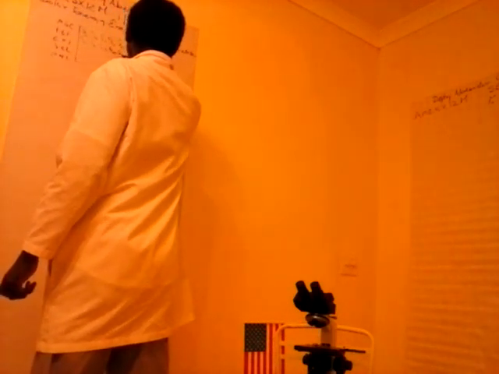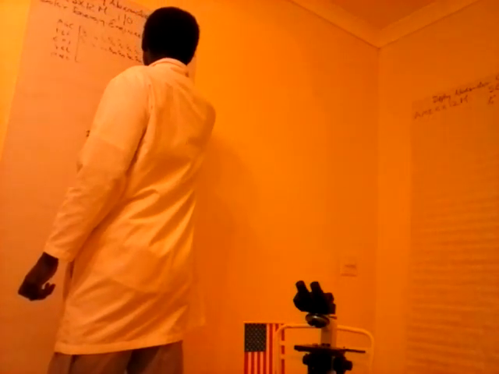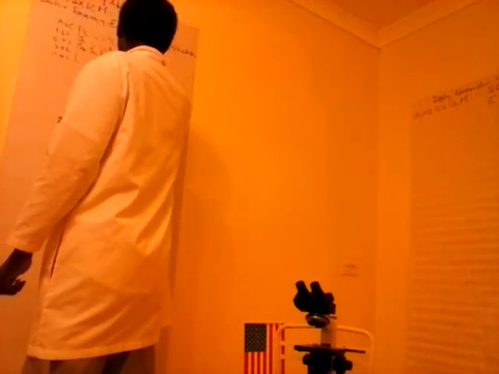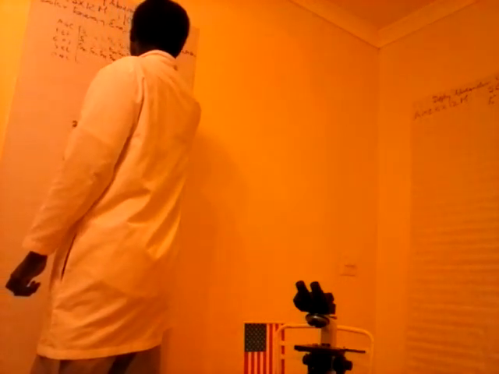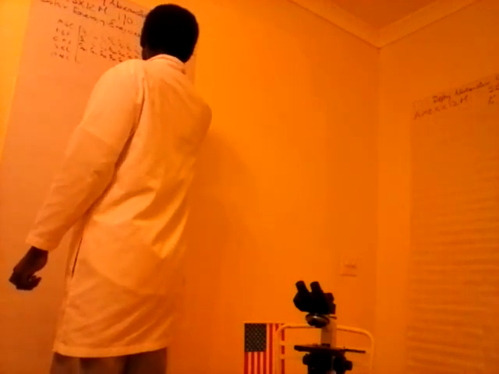S4, S5, S6, S7, S8. And since we represent the S as solar, I'm just going to use the word solar: solar 1, solar 2, solar 3, solar 4, solar 5, solar 6, solar 7, solar 8,